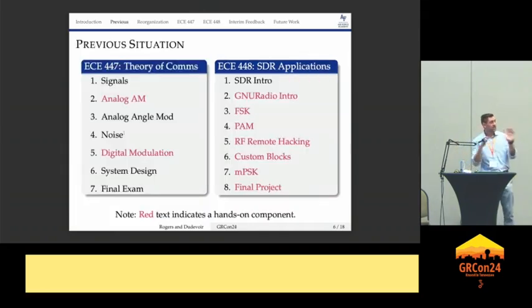So if we just take a top-level look at the two syllabi, right? These are the main topics that we hit as we go through the courses, and this is before we did the reorganization of the class, right? So this is what I walked into. I walked into the situation where, on the left, 447 has a bunch of topics that look familiar, and probably to you, you go, yeah, you need to know that, right? And it's true, you do need to know that. We need to understand Fourier, and we need to understand amplitude and angle modulation, right?